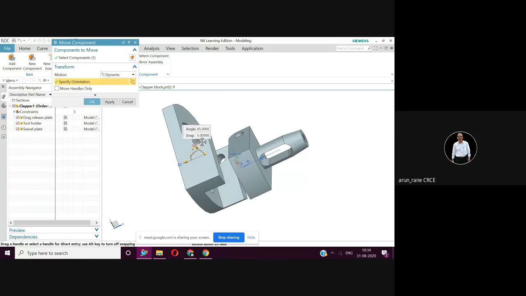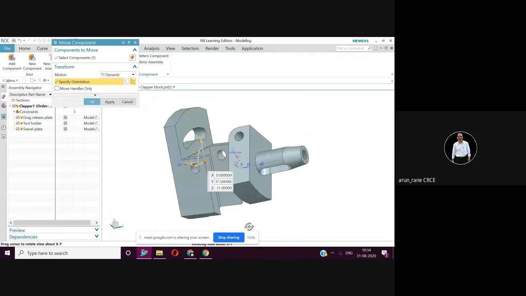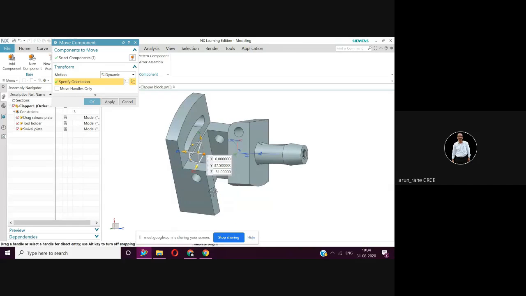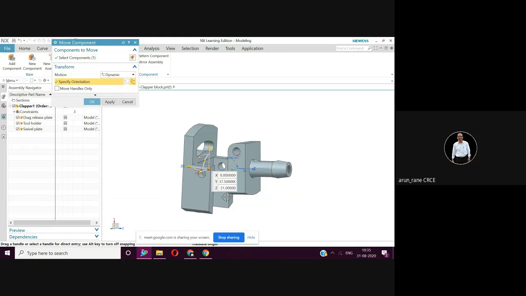Rotate this. So now it has come reasonably. Still, if you want, you can rotate it. Yeah. All right. You know it is proper.